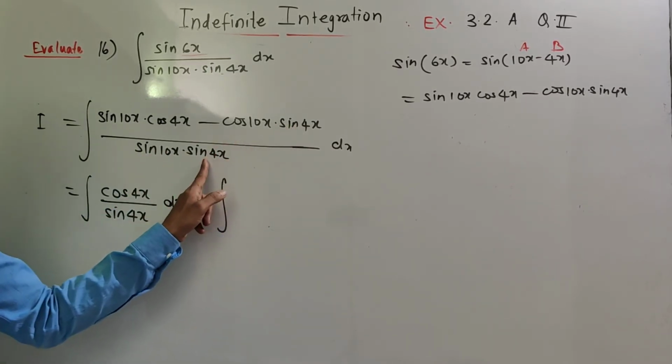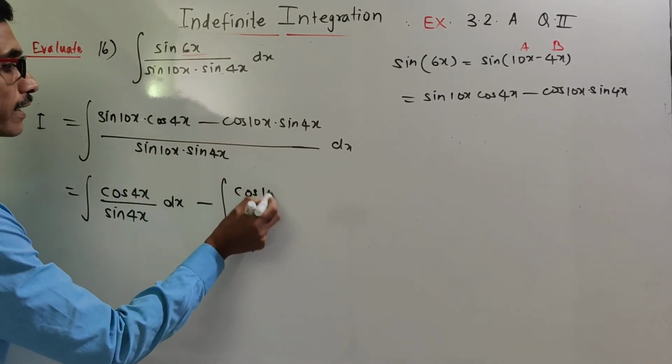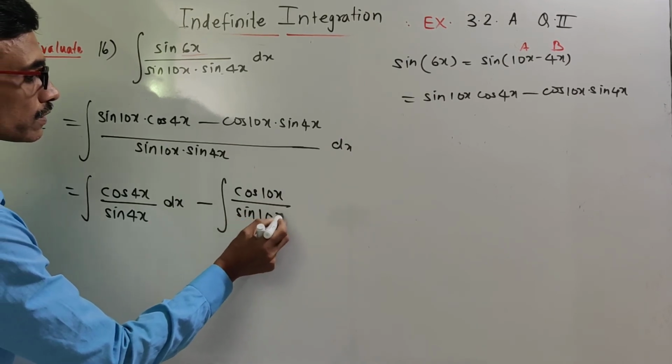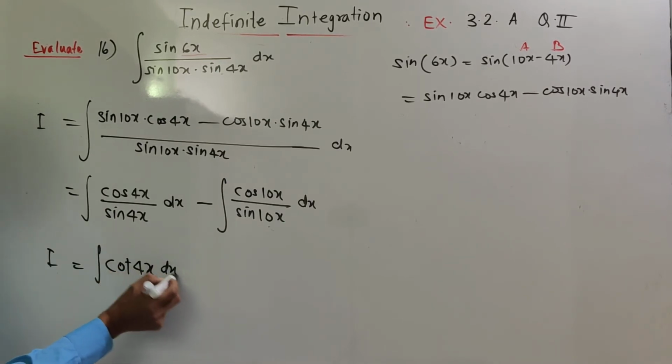So sin 4x is getting cancelled, cos 10x upon sin 10x dx. This cos upon sin is cot, so it is integral of cot of 4x dx minus